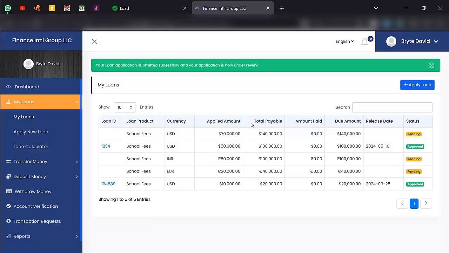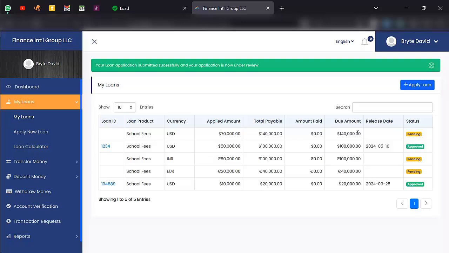to actually approve my loan. Now it's showing pending. This is the amount, and this is the payable. This is how much I'm supposed to pay back. It's a lot, but this is what the admin actually sets up for school fees payments. Okay, so the interest rate is like 100%. So we're going to set up other payment